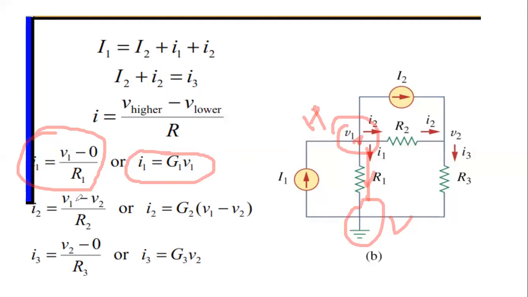Okay. Similarly, I2. So I2 will be, you can see I2 is flowing in this right direction from V1 to V2. It means V1 should be higher and V2 should be lower potential. V1 should be higher potential, then only current can go from. Okay, so